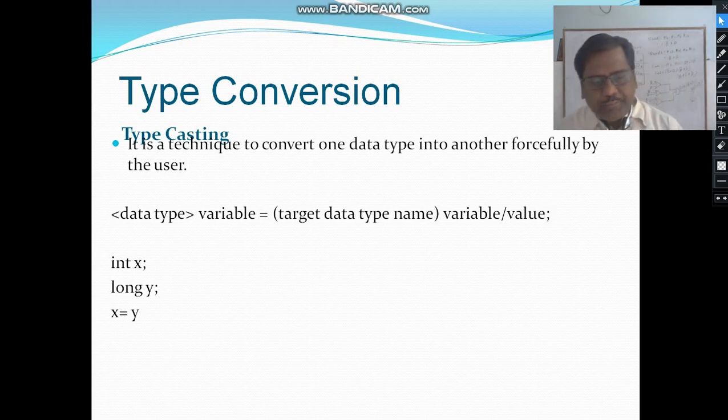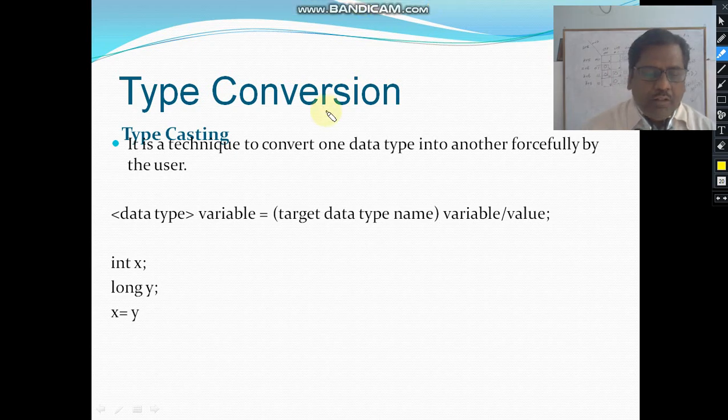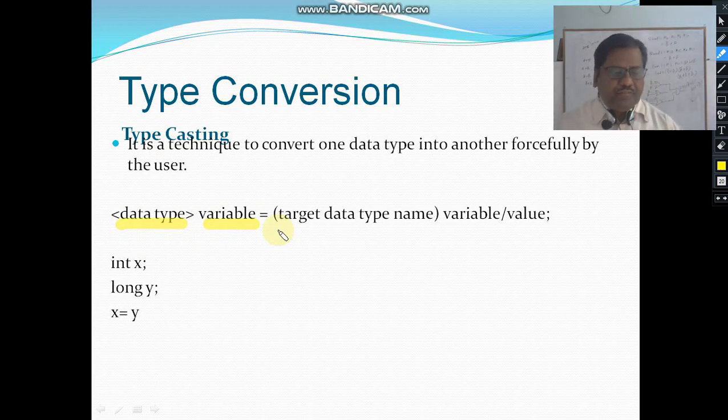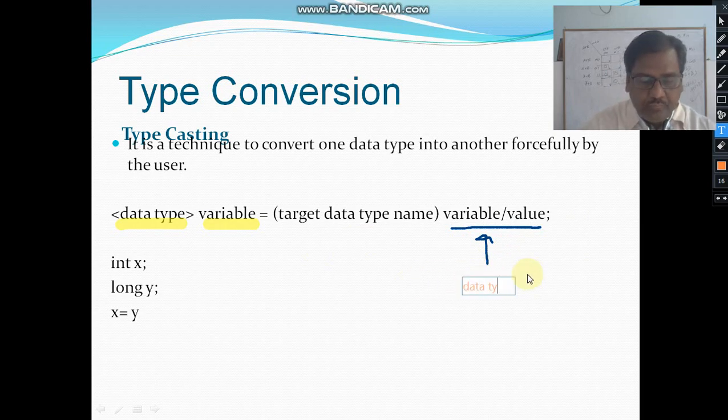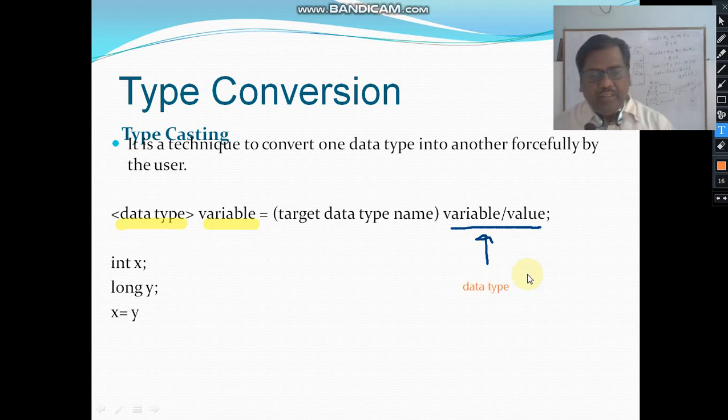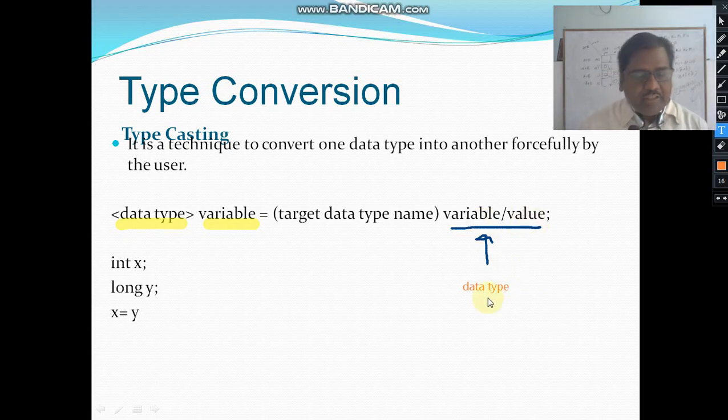So how does typecasting work? Let's see an example. On the left hand side there is a variable with a specific data type, and on the right hand side there is a variable or a value that also has a specific data type.